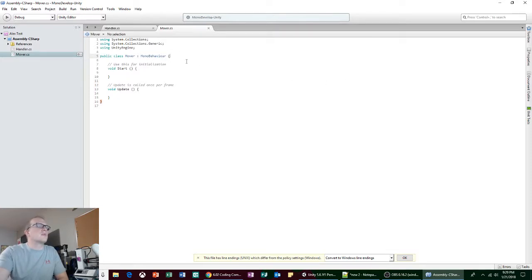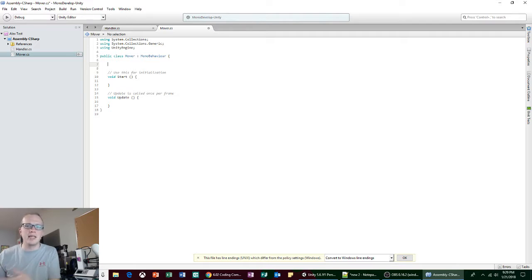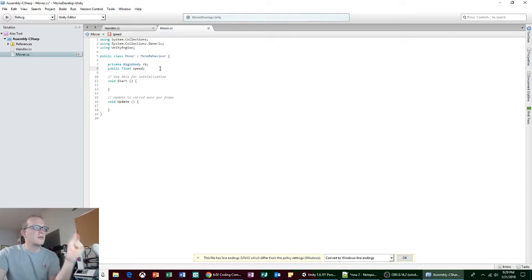So now the first thing we're going to do is create some variables. All right, remember, variables are just names attached to values that can change. They vary in value as the game is played. So we want to create two really quick variables. Now I have pre-written my code as always because I don't want to type it out. But remember, you should type out every single letter because that helps you learn how to do it. All right, so let's bring in two variables, and I'll explain the difference in what we put in front of them. Now the first one says private Rigidbody